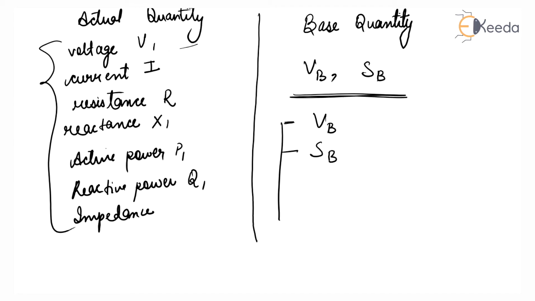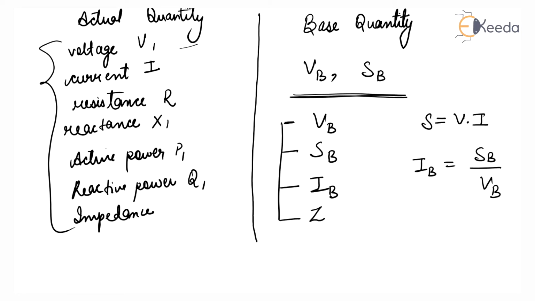Second, apparent power base. Third, current base, which we can derive from these two. We know apparent power is equal to voltage into current, so current base is equal to apparent power base upon voltage base. And last, impedance base. We know Z base is equal to V base